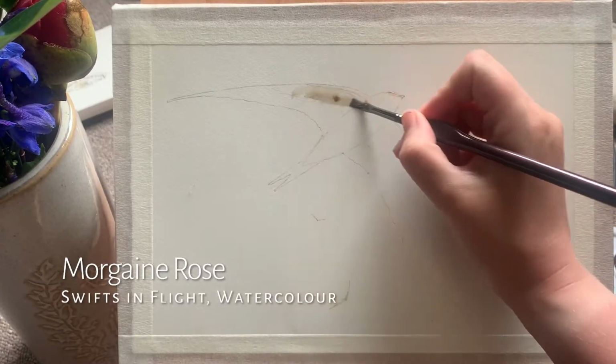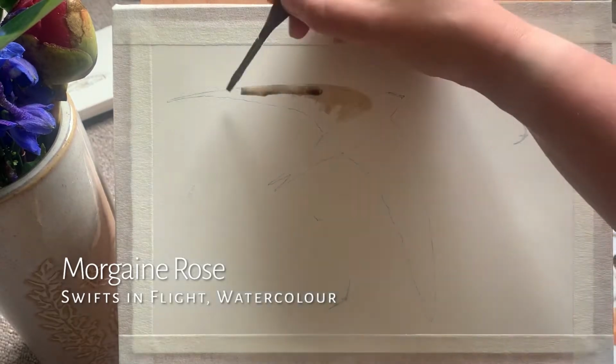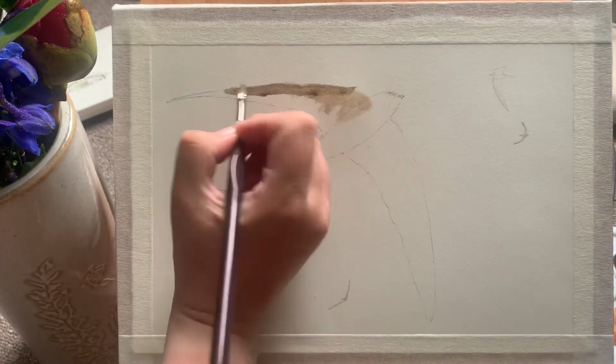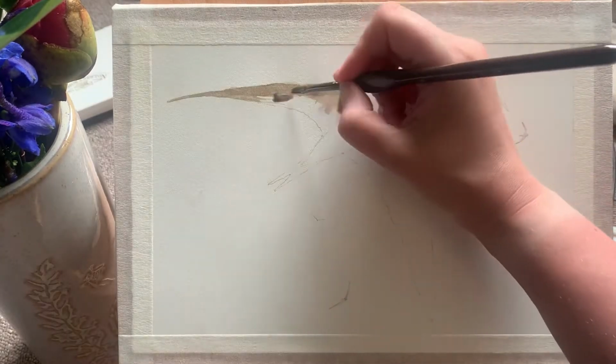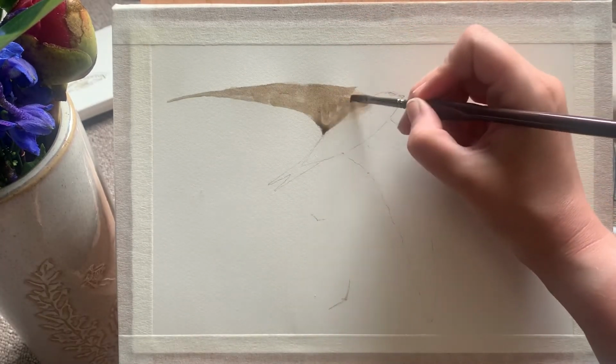Hi and welcome back. Today I'm going to be painting a swift. This is one of our special English summer birds. Very beautiful. You can see them flying high in the sky at dusk at the moment. It's mid-June. Some might call them sort of boring little brown birds if you see them up close, but what